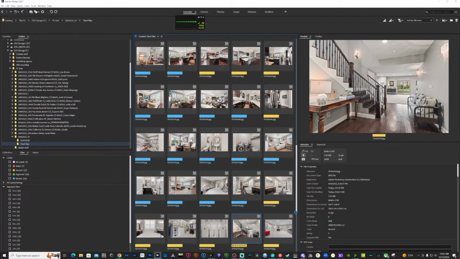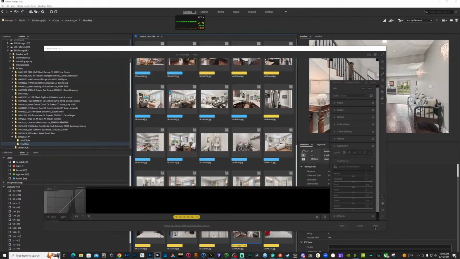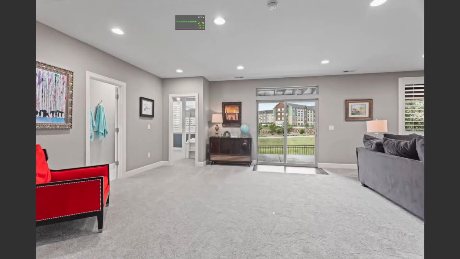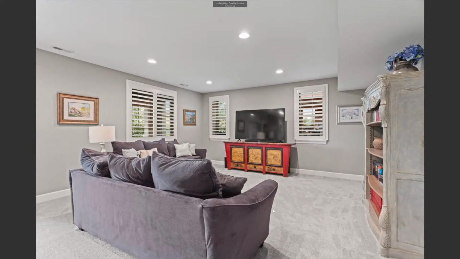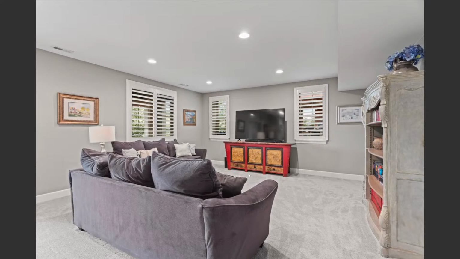This one looks a little off. Try straightening that, see if it helps. Oh, better. Got a TV image on that one.